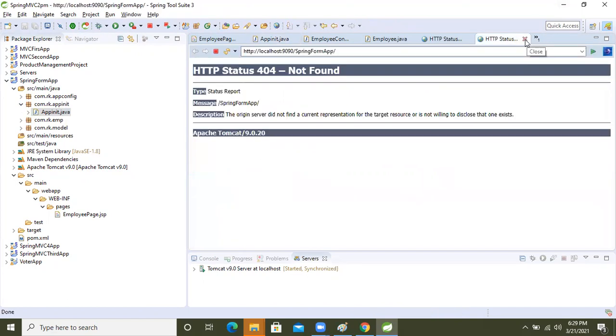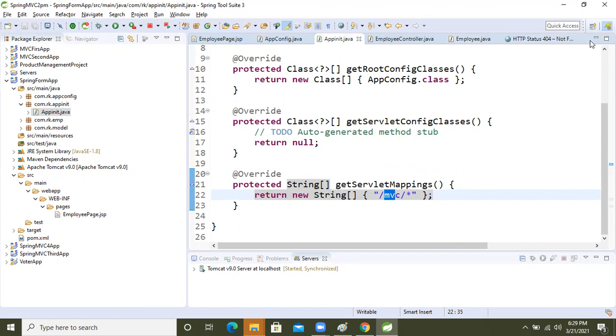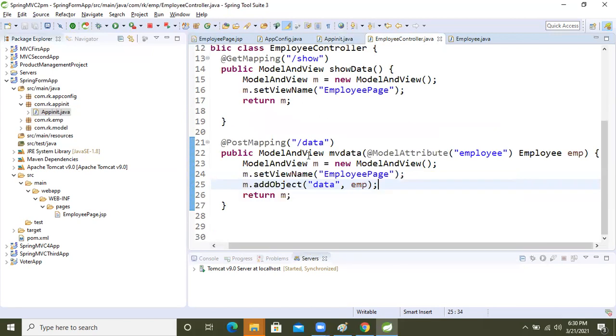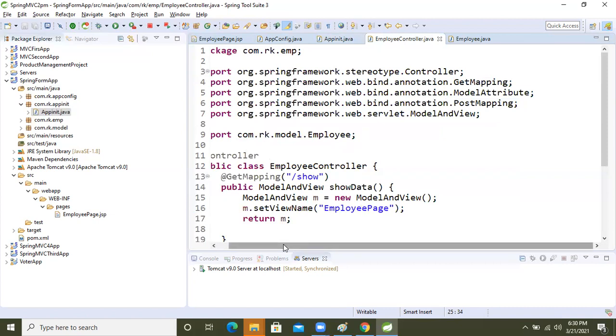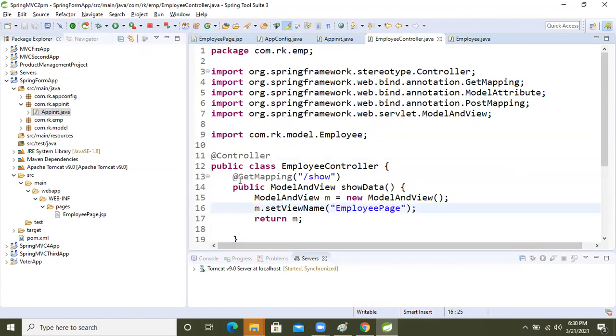Based on the star mapping we are taking, the dispatcher servlet internally calls the handler mapper, where the metadata about our own controller is stored. So we wrote the AddRate controller, and based on this, it will call this method.